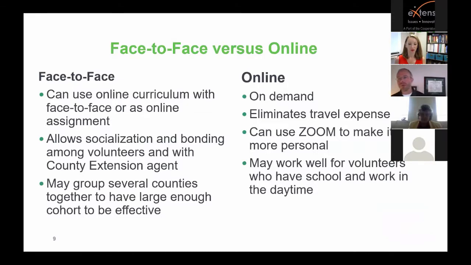So how do we implement this? Well, one of the things that we've had the benefit of doing here in Texas, and are continuing to find the limits of, is blending our face-to-face training with a hybrid version of an online curriculum. And so, I would argue, and I welcome anybody's feedback, I would argue that